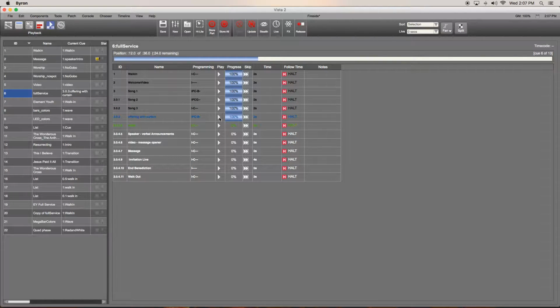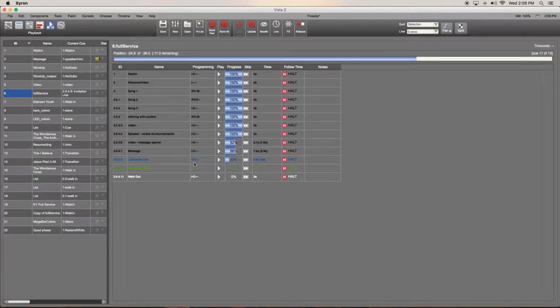Let's say that we're getting ready to go to video. They're still in offering, but as the lighting operator, I accidentally cue the video too soon. Oh no, lights are going down. I can quickly go back and hit play on 3.0.3, offering with curtain, okay? And so you really literally can just go through the entire service on one cue,